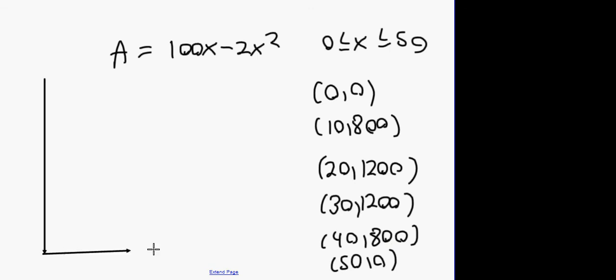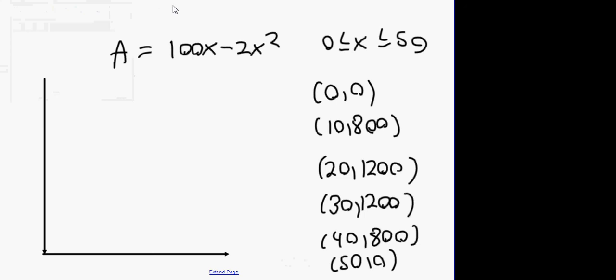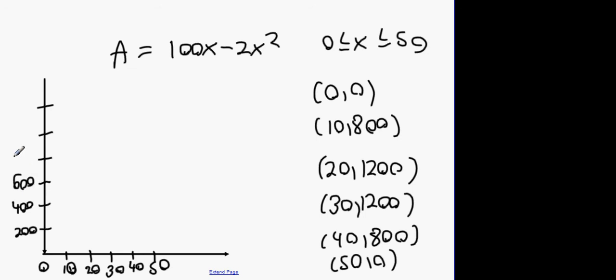Okay, guys. So what we're going to do is go up in gaps of 10. So this is my x value: 0, 10, 20, 30, 40, and 50. And then on the y-axis, I'm going to go up roughly 6 positions: 1, 2, 3, 4, 5, 6. Each one's going to be worth 200 because it more or less goes up in 200s. Okay, 600, 800, 1,000,